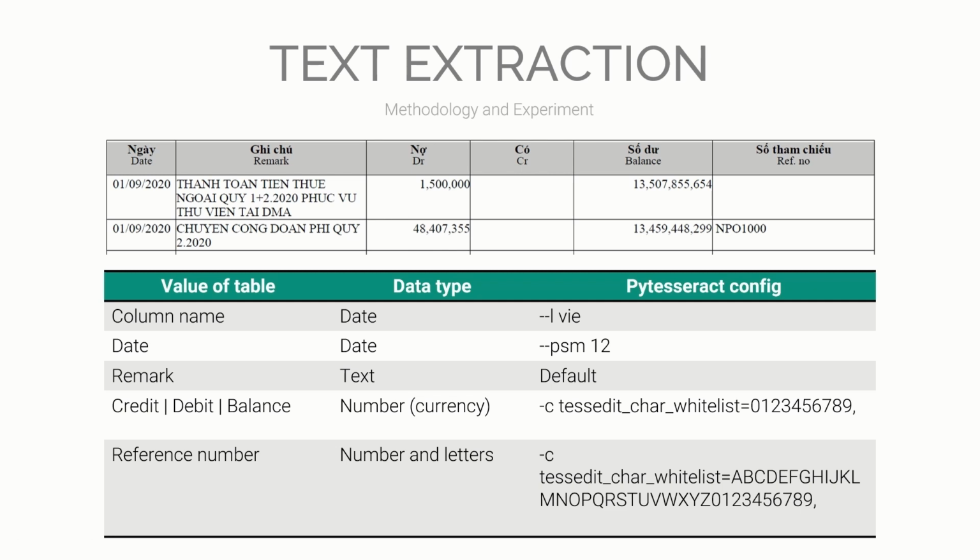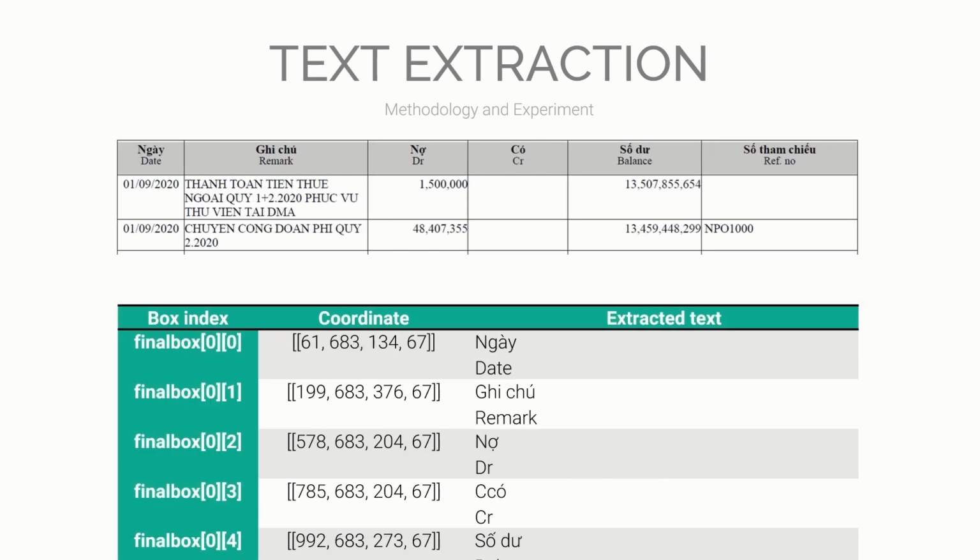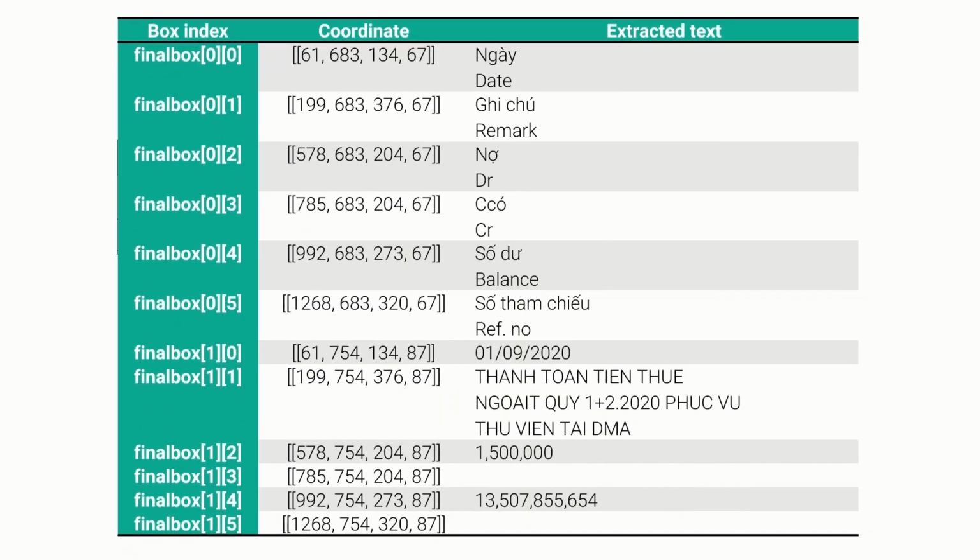The final step is to convert the list into a data frame and save it into an Excel file, which is also the final output of the whole process. Each PDF file will be converted into a new Excel file, while each page of the PDF is equivalent to each sheet of the Excel. A sheet contains all extracted text from the single table of a page. With correctly defined cells, Tesseract can effectively extract the content from the cropped image. An example result is shown in the table.